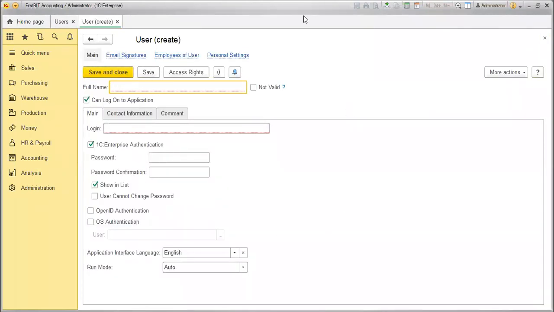This option will open as a user creation screen, where you can enter your employee name, for example, test employee, I'm just creating. Once you enter the employee name here,